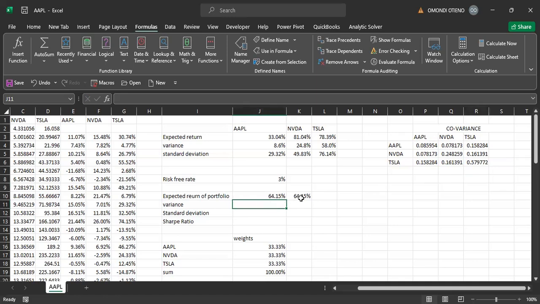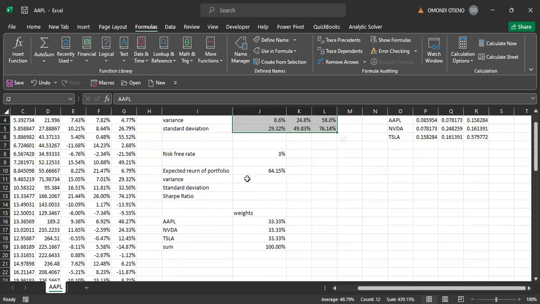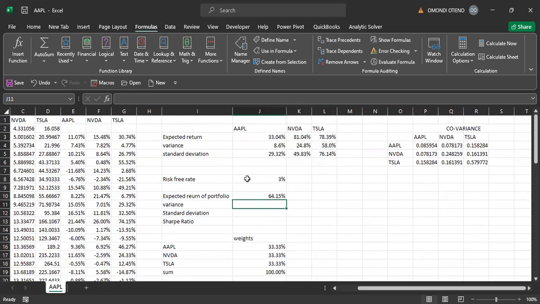We can actually go ahead and get variance of this particular portfolio. Remember, portfolio has got more than one asset. So that's why we have at least 2. But now for our case, we have decided to take 3. Good. So with this, we can actually calculate variance. So how are we going to calculate this variance? Remember, variance is equal to standard deviation of individual assets squared multiplied by its weight squared plus 2 weight of asset 1, asset 2, asset 3 multiplied by covariance of